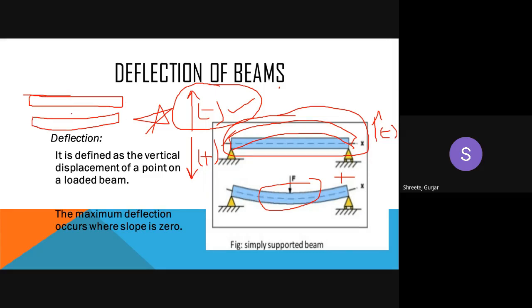So after your service, the deflection will become positive. Initially, because of pre-stress, it was negative, it was hogging. And after your load has started to act during service, it will become neutral or it will become sagging. So it is positive, it is negative. So remember these conditions. Moving on, this was just a general definition of what we mean by deflection of beams.